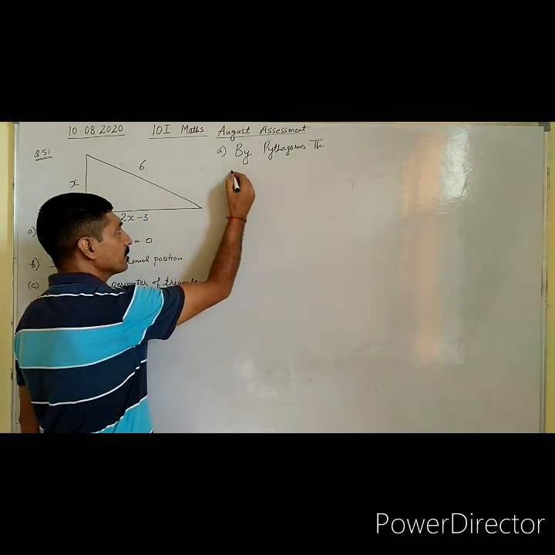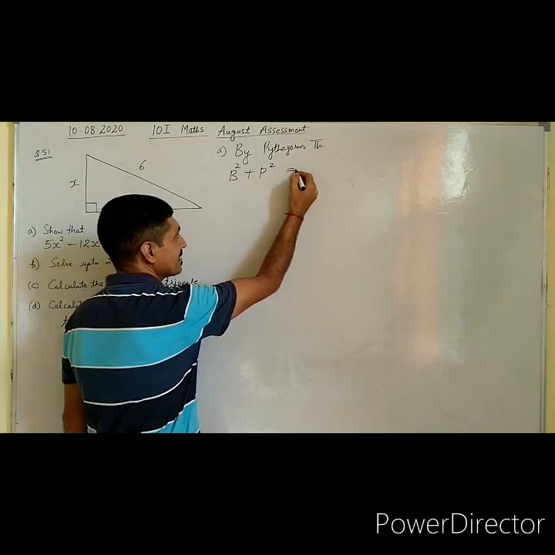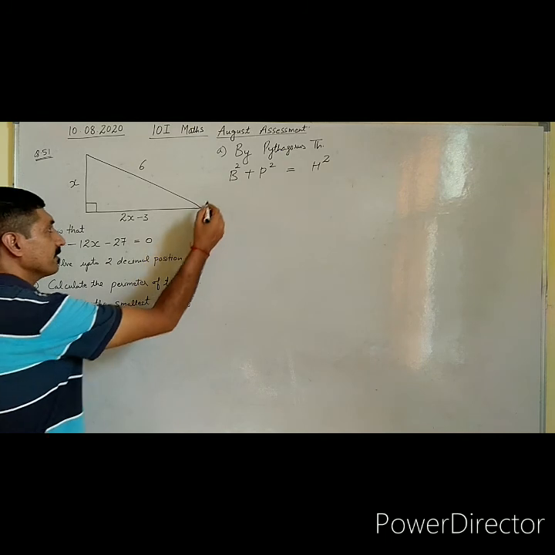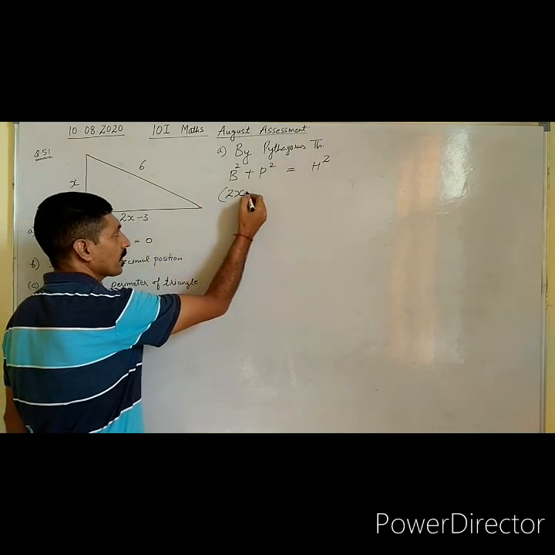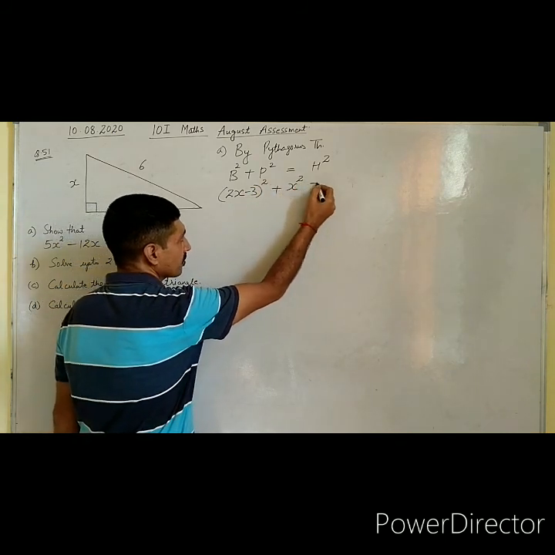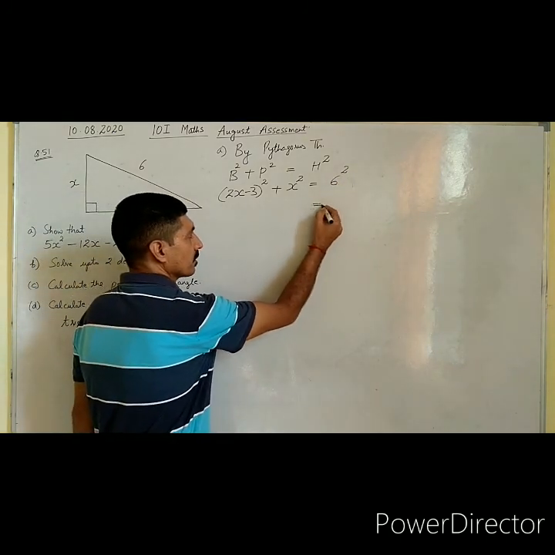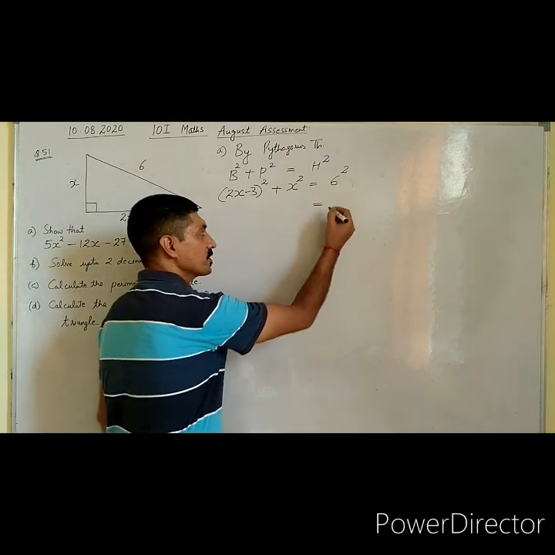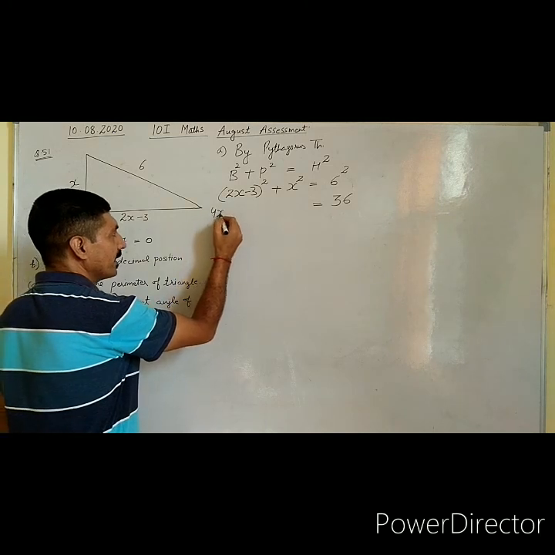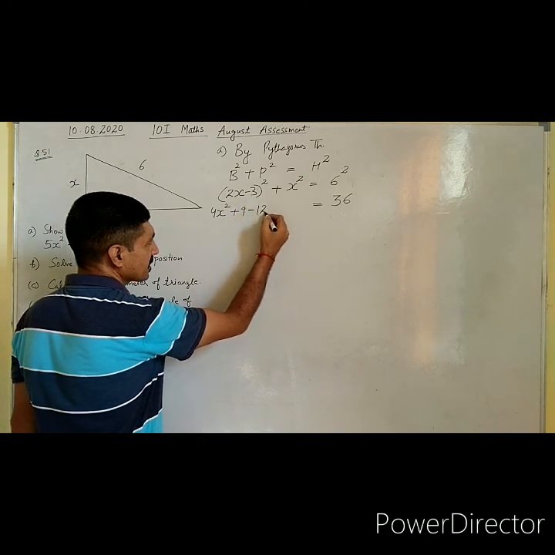the base square plus perpendicular square is equal to hypotenuse square. So here we have (2x minus 3) whole square plus x square is equal to 6 whole square. So here we have 6 whole square, that is 36, and here that is 4x square plus 9 minus 12x,